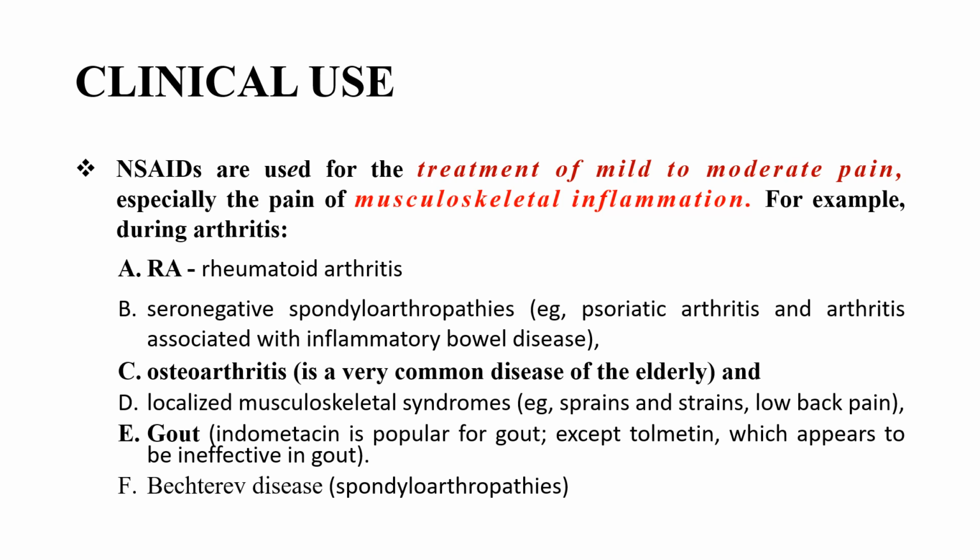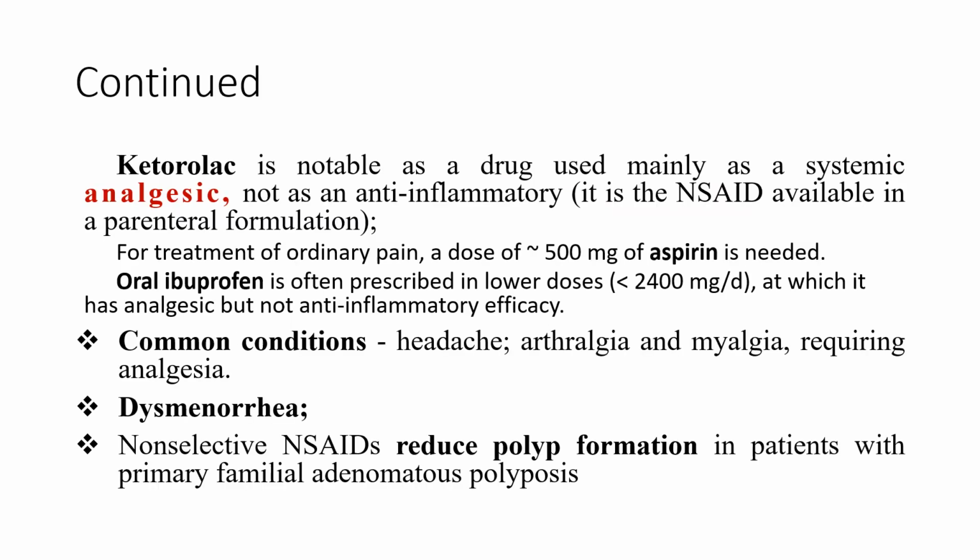Localized musculoskeletal syndromes like sprains and strains, low back pain. Gout, indomethacin is popular for gout, except tolmetin, which happens to be ineffective in gout, and spondyloarthropathies. So, guys, ketorolac is notable as a drug used mainly as a systemic analgesic,